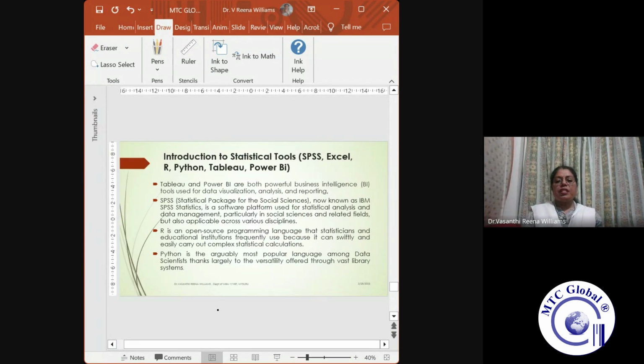So, introduction to statistical tools: SPSS, Excel, R, Python, Tableau, Power BI. Now when it comes to Tableau and Power BI, they are more descriptive or diagrammatic in nature. It's good for showing diagrams. I'm talking about what it is at present, and maybe Tableau is improving to become something else, or Power BI is becoming something else. What is going to happen in future, nobody can predict. Of course, technology is improving to such an extent that